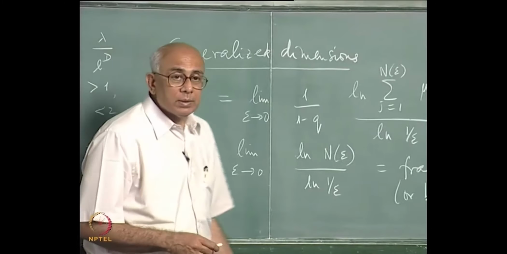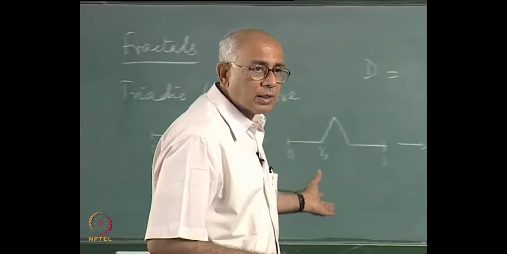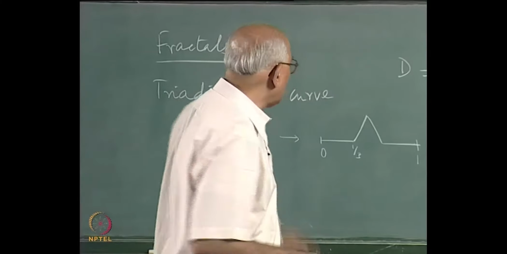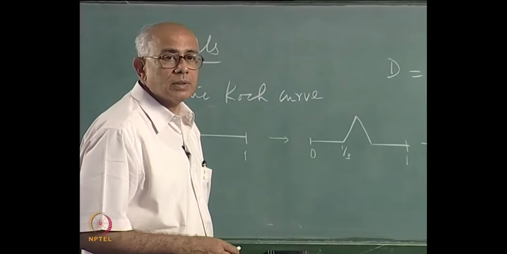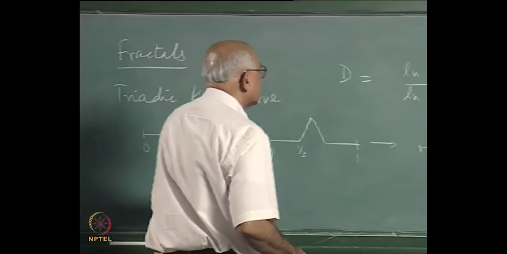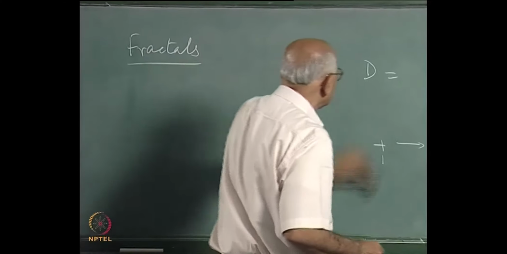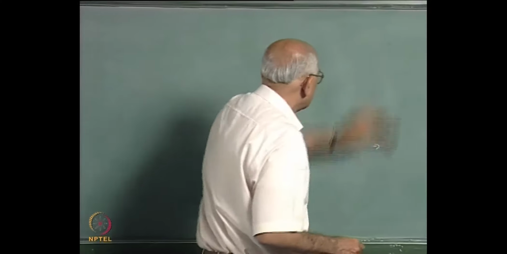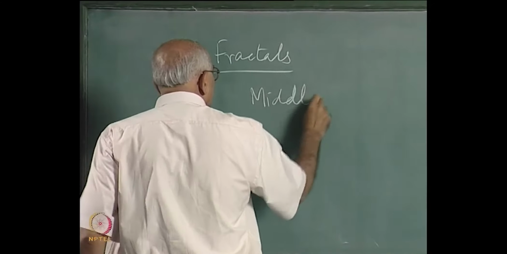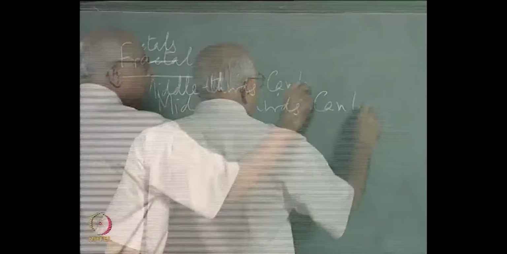Could be a set of points with a fractal dimensionality between 0 and 1. This is possible. I will give a construction very shortly to tell you what the fractal dimensionality of a set of points is. We talked about the fractal dimensionality of a curve here, a topologically one dimensional object. But now let us look at the following construction, and this is called the triadic Cantor set. So that is another very common fractal. This is called the middle thirds Cantor set,